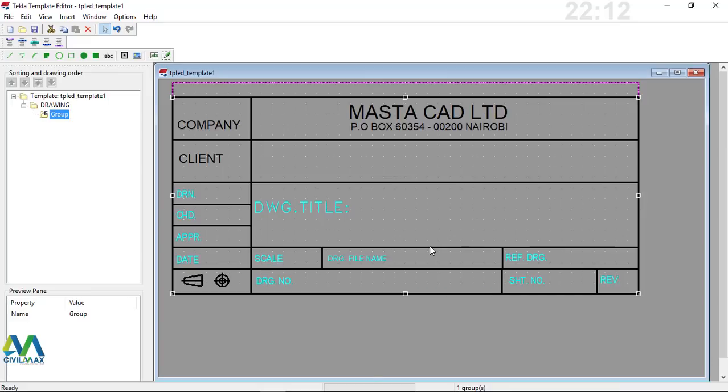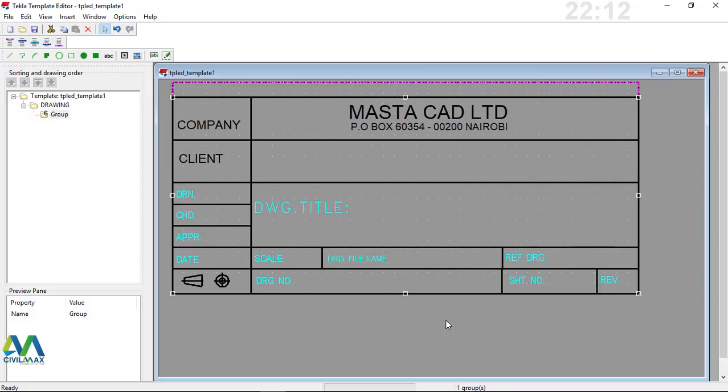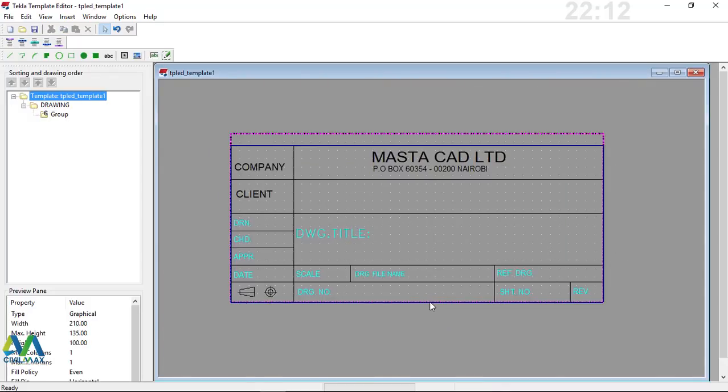Now that is upon you. And how to explode that, just right click and come to ungroup. The moment you click ungroup, everything will be individual and you can control that. From here now I want to place